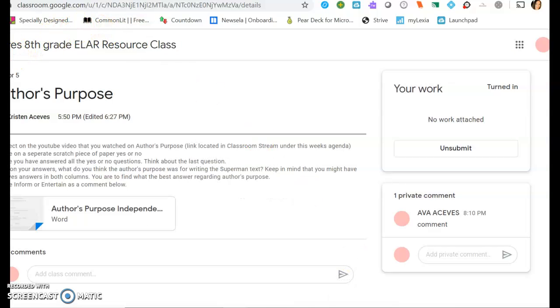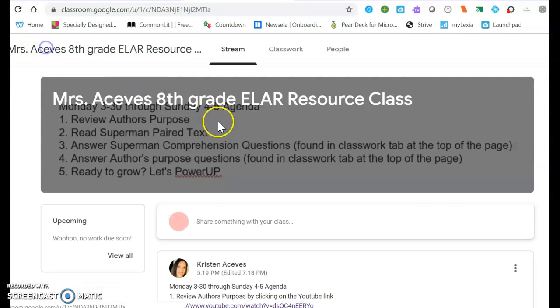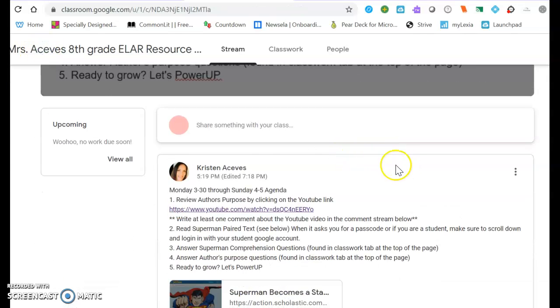Okay? Then you're going to go back in here and check your agenda. Let's see, we did the paratext, we did the comprehension questions, we did the purpose questions. So for the rest of the week, I really would love you to get some Power Up done. This is an extension activity, it's not required, but I would love, love, love to see you guys working really